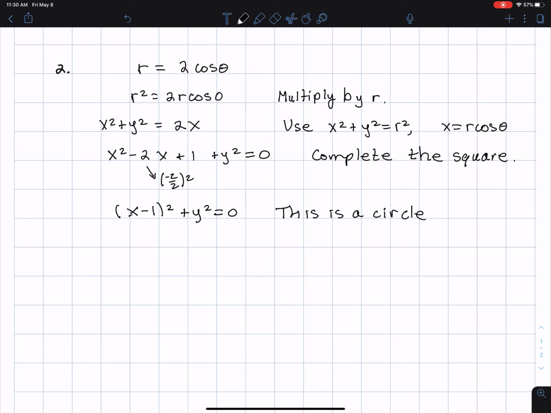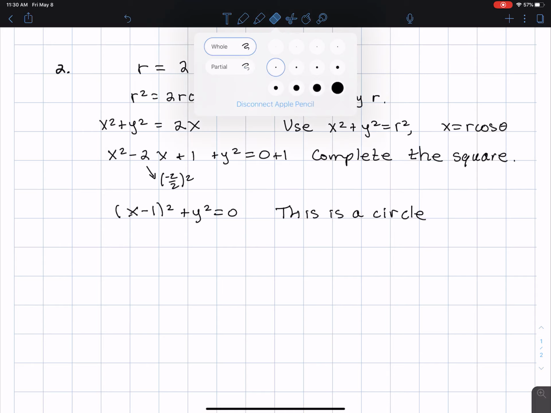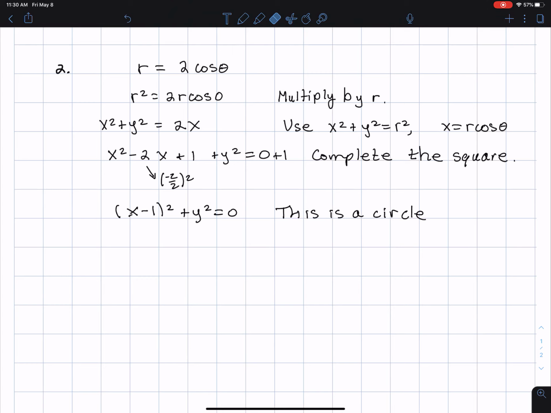Oops, no, not 0. That makes no sense at all. It's radius 1, so I didn't add. Just a plain mistake, I did not add 1 to both sides. So I add 1 to the left side, I have to add it to the right side. So this is a circle of radius 1